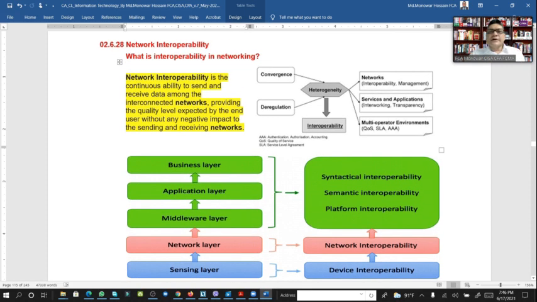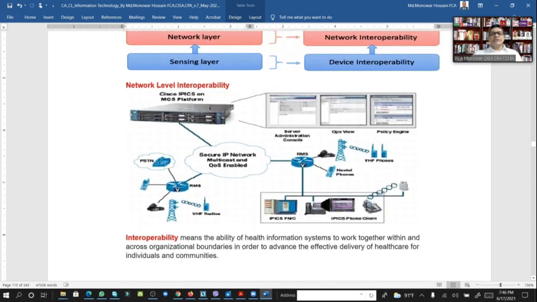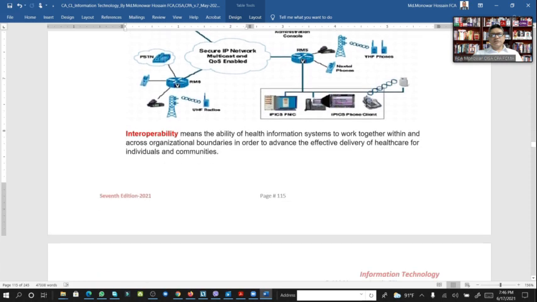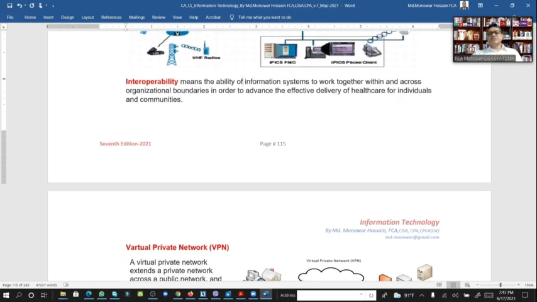So this is how the conversion between network and network layer interoperability works. Interoperability means the ability of information systems to work together across organizational boundaries in order to advance the effective delivery of service